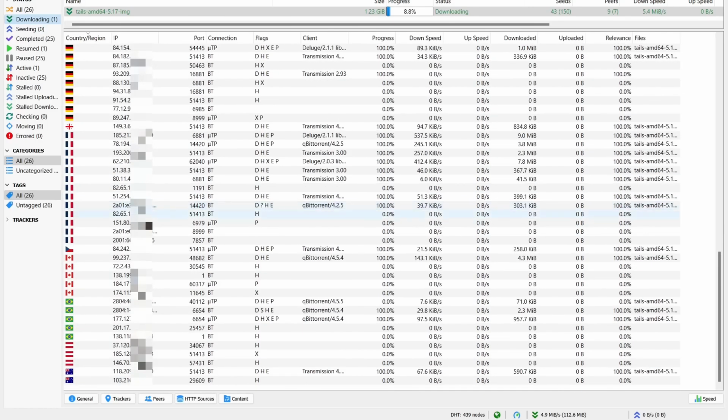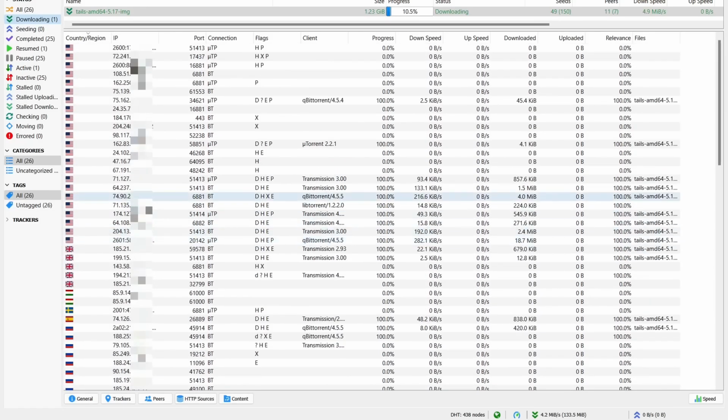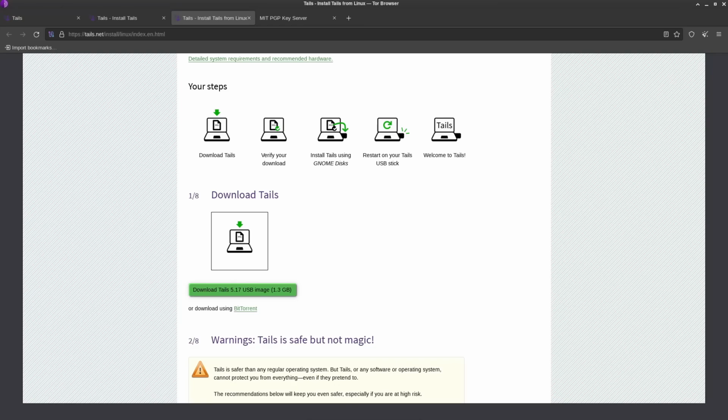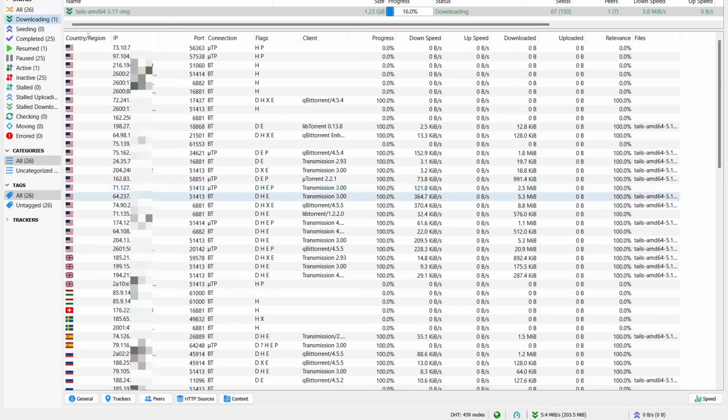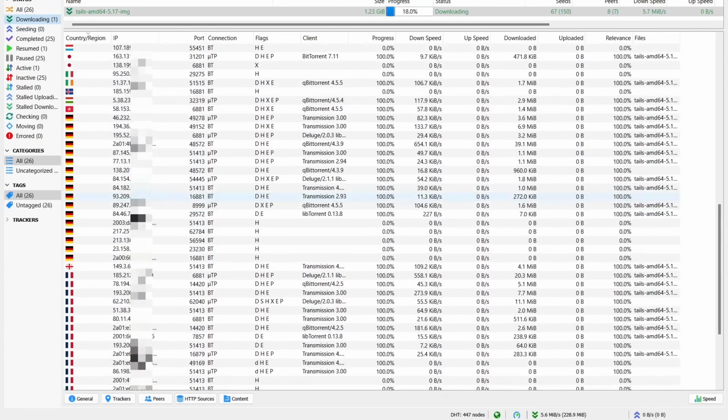So it lowers the chances that you're going to end up downloading a backdoored ISO, because in order to do that through BitTorrent, what a hacker would have to do is first compromise the tails.net website here, and they would have to host a corrupted magnet link, or a hacked torrent image, and then they would also have to spin up a bunch of machines in different countries to seed